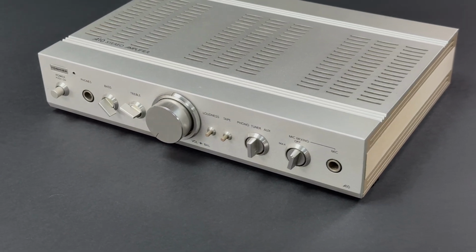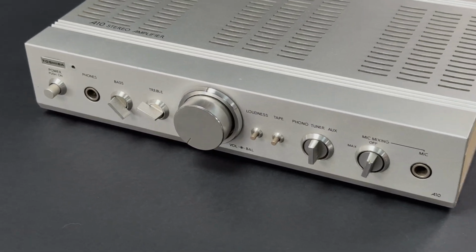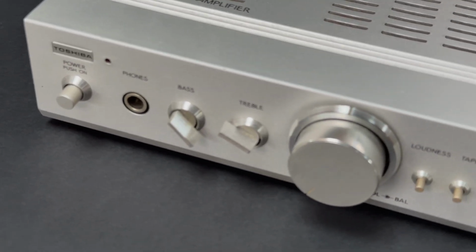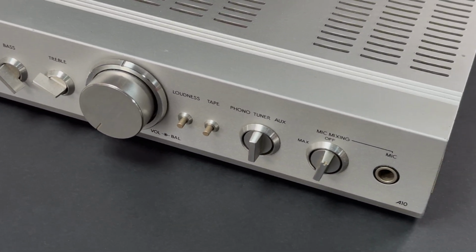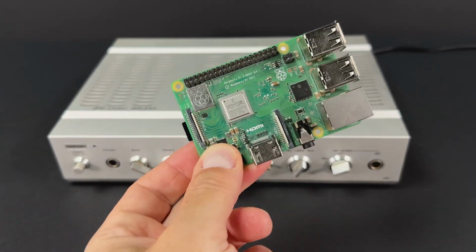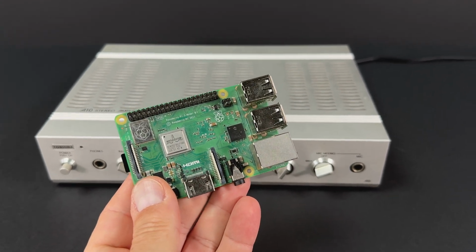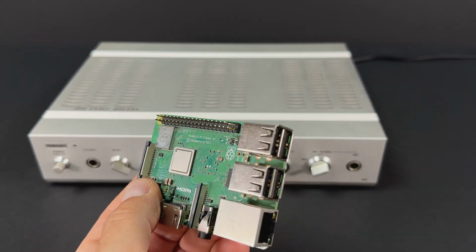If you still have an old amplifier, hi-fi system, or a mini stereo gathering dust, this project is for you. In this video, we'll show you how to breathe new life into that vintage gear using just your Raspberry Pi and the Volumio app. By the end, you'll be streaming your playlists, internet radio, and more, controlling everything from your